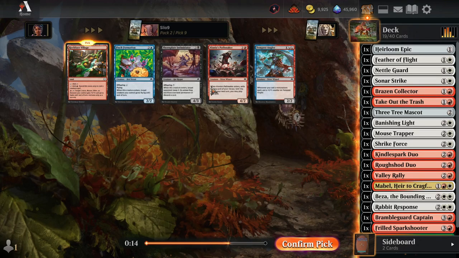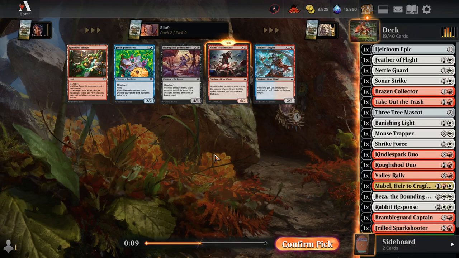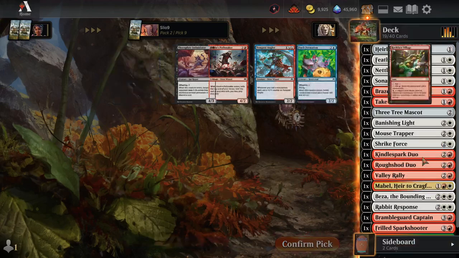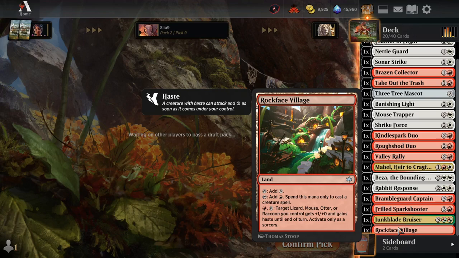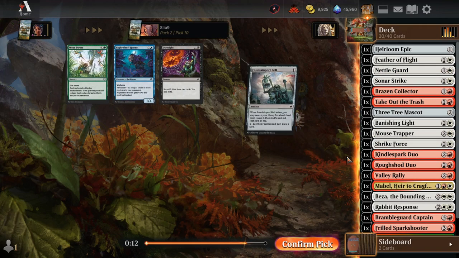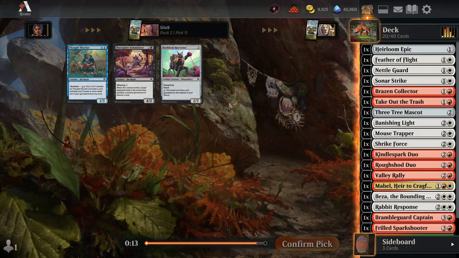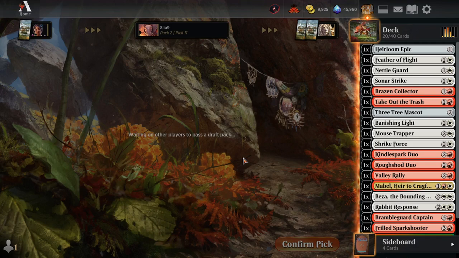Rockface Village. We get some Pathmaker. I don't hate Pathmaker. We'll hide this in our lands. This hands off haste to red creature types. Mouse being in there, which is one of our mains, though we've not ended up with much as far as mice go. We haven't ended up with a nice creature base. I'm worried we just don't have...